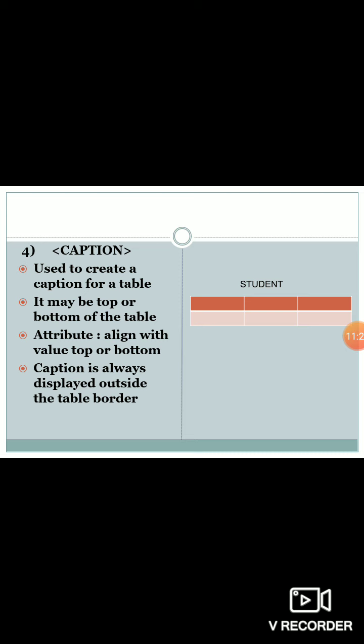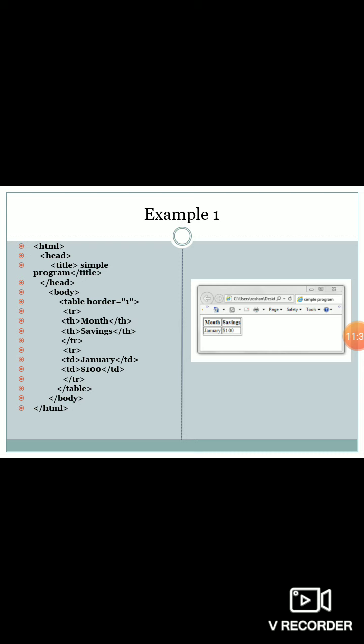That means it is always displayed outside the table border. Now we can see a simple example of how to create the HTML table. Now see, in this example we will start with the basic tags, that is my HTML, head, title.